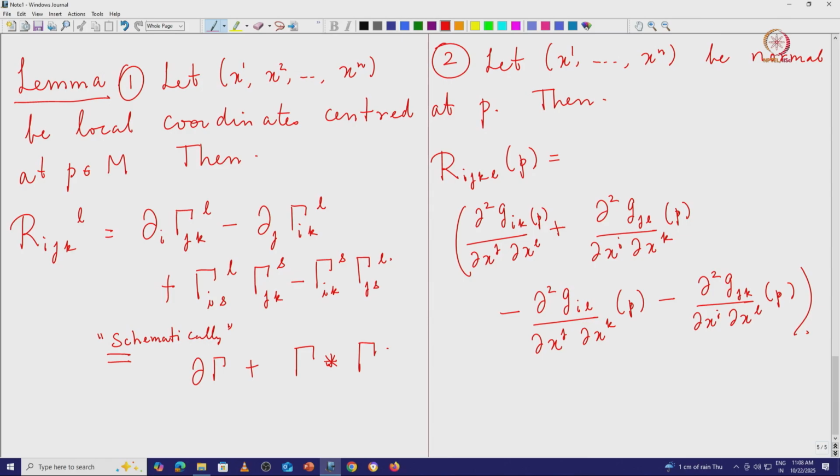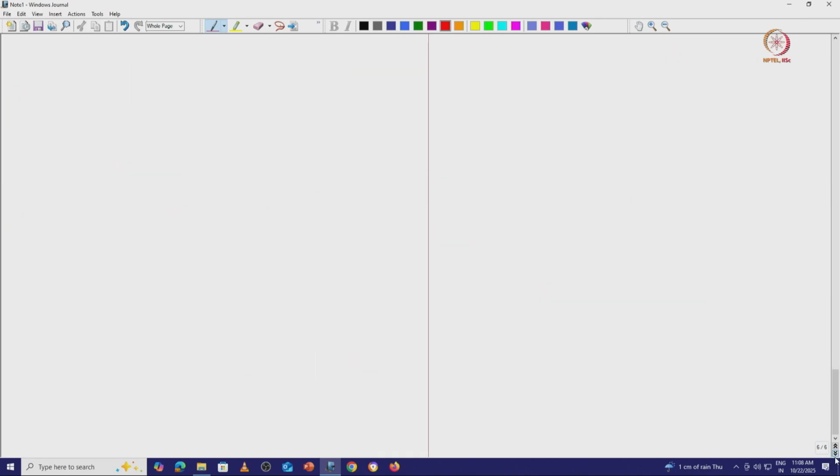So using this lemma you can easily prove the proposition on symmetries and the first, or the algebraic, Bianchi identity. Okay, so how do you prove the lemma? It is just a calculation. So let me prove the lemma. Let's look at the first part. So by definition